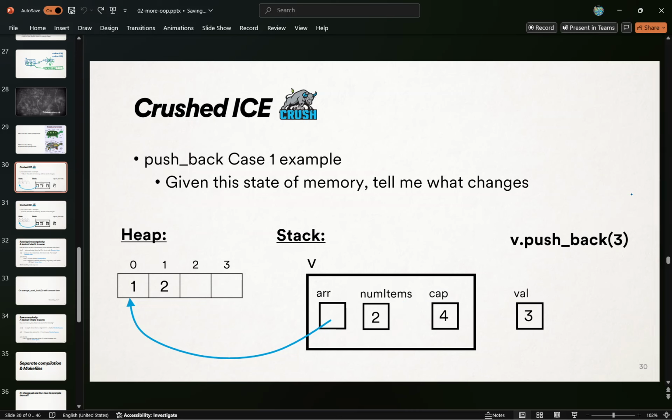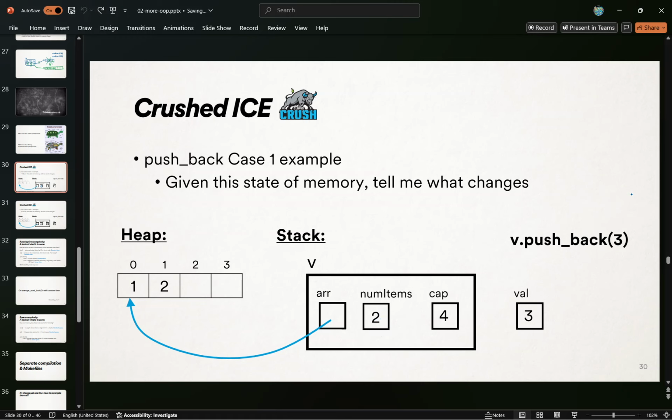It is. We're adding a new thing, so it's going to change to 3 because we added a third thing. And then val, of course, is going to go to the index of the old one. So like 2 is actually, before you change it, that's a good hint for implementation stuff. That's always going to be the index of where you're going to put the new thing before you increment